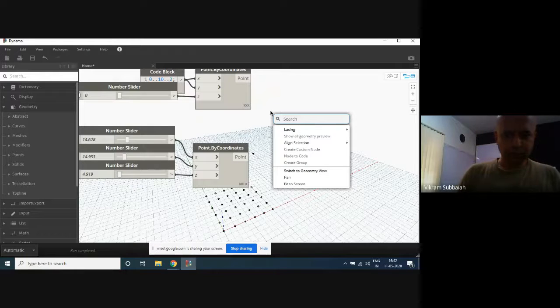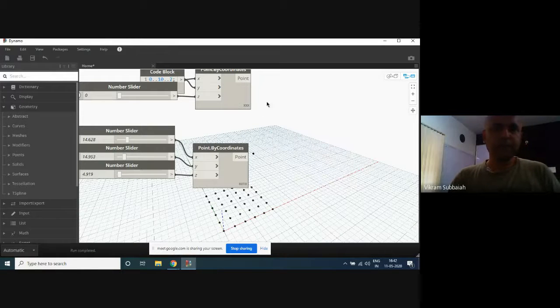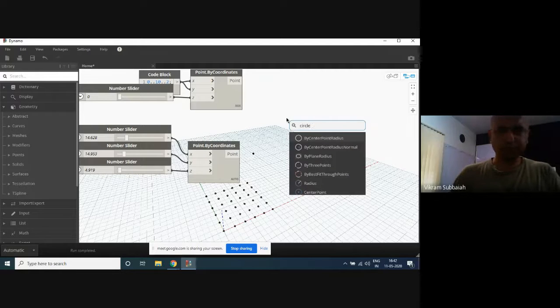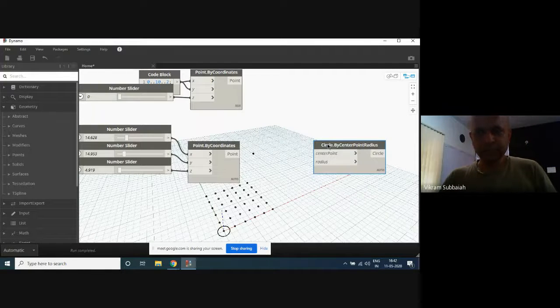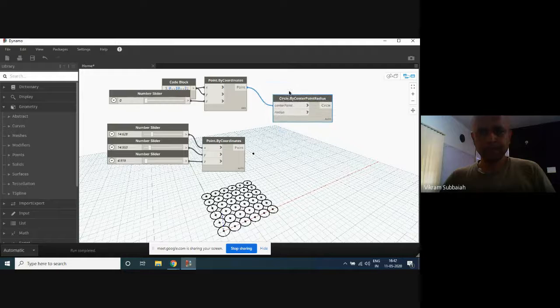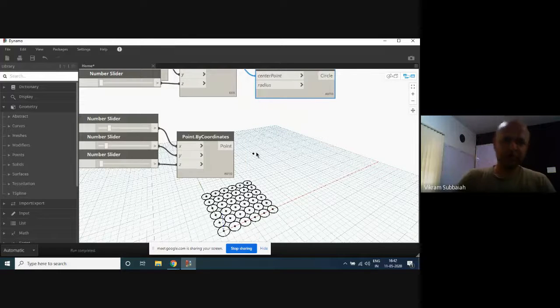So what we'll do is, now let's try to create circles. I'm going to create a circle at each of these points. Now, based on the position of this point,